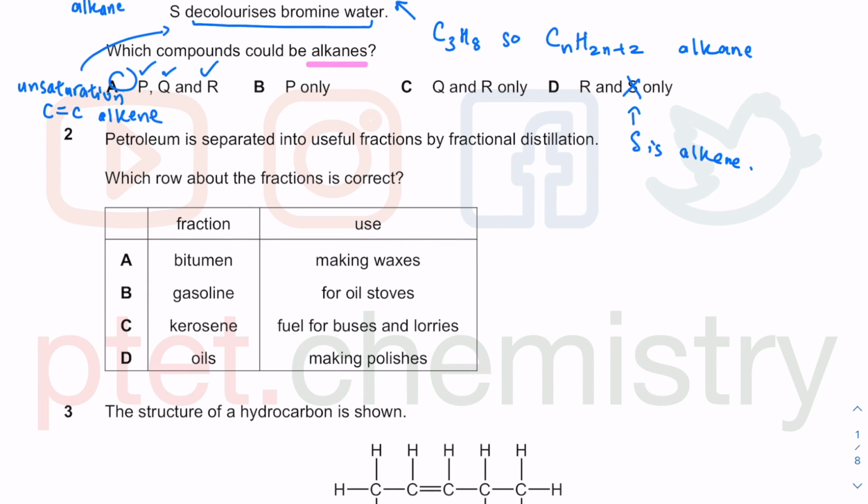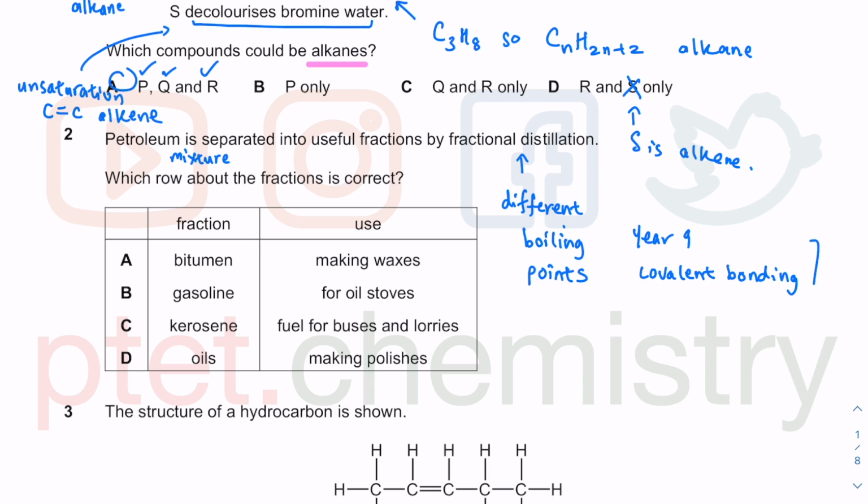Question 2, petroleum is a mixture. So we know it's a mixture of substances, and we could separate into useful fractions by fractional distillation. This works because these different fractions have different boiling points, and they are all simple covalent structure from year 9. These are the covalent bonding. You know that they have weak intermolecular force of attraction between the molecules. Low boiling point, you could boil them, and you can condense them to give you the different fractions in the